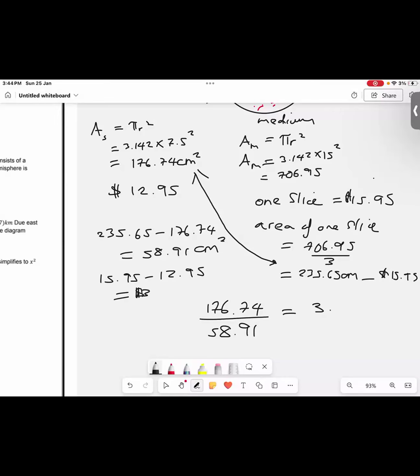So when I'm looking at this, which is the better buy? It doesn't matter which one you do, because you're getting the same value, so none of them is a better buy. If you buy a medium pizza or you buy one slice of large pizza, you're getting the same quantity. The price makes no difference, so it's an even decision. That's what mathematics is saying, so that would be your conclusion